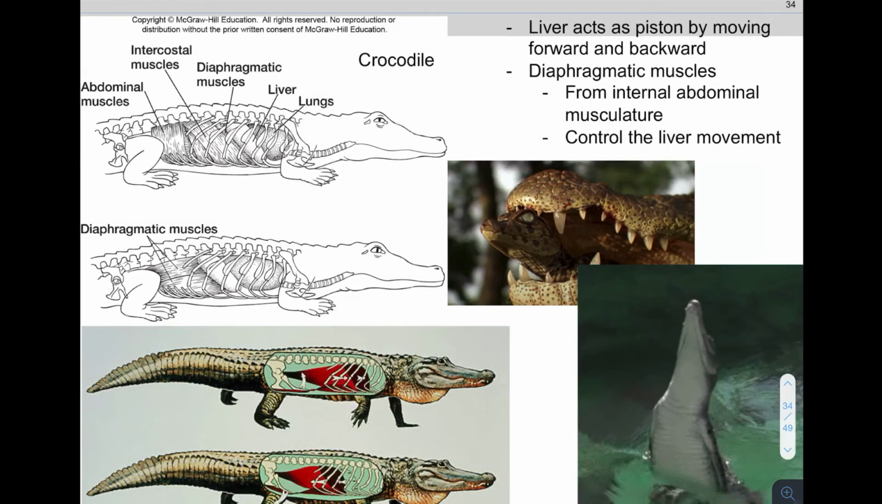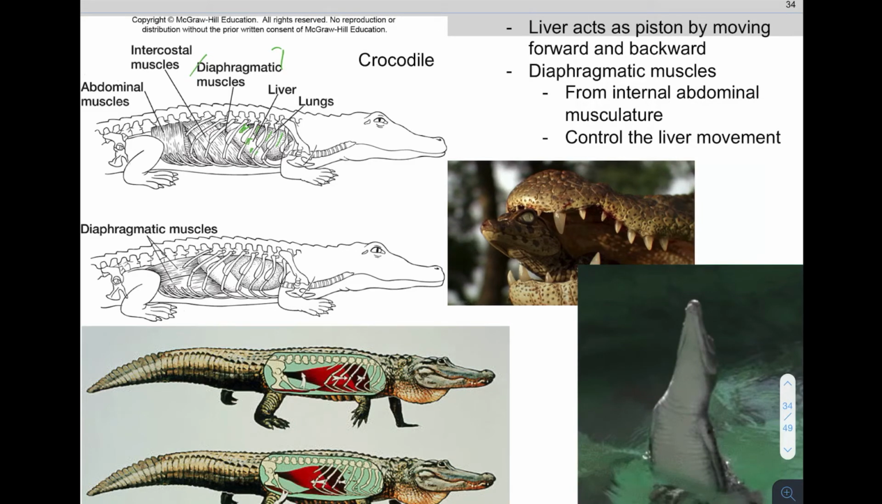Crocodiles have figured out a very unique way of breathing. If you look at their anatomy, you'll see that right below the lung, you'll have the liver, and below the liver, you'll have diaphragmatic muscles that can control the position of the liver. And so this unique mechanism